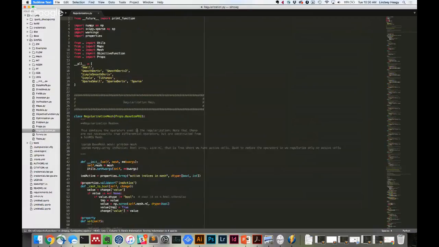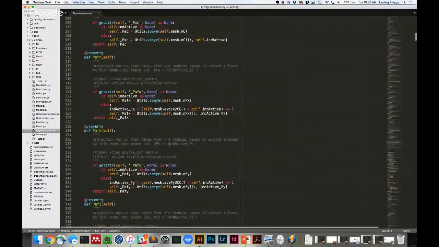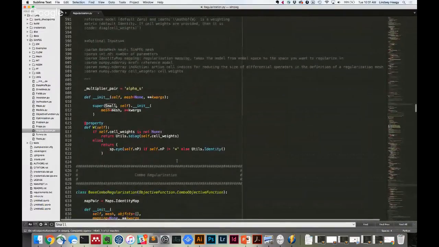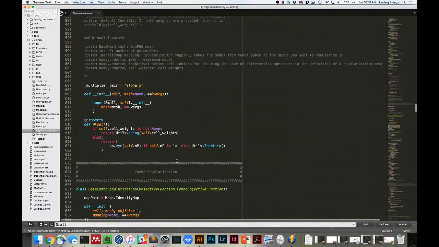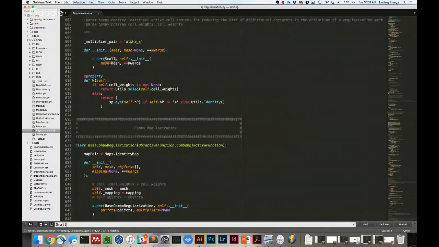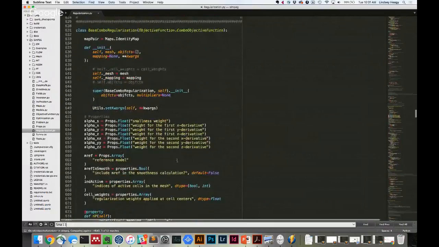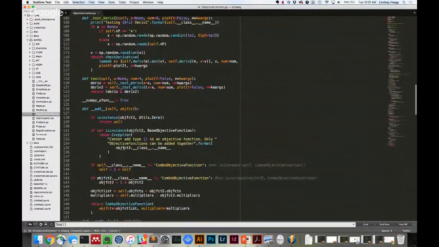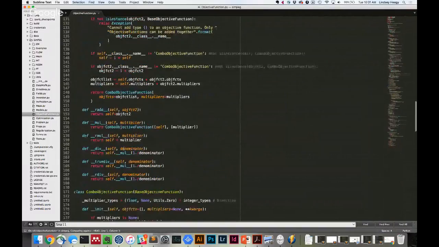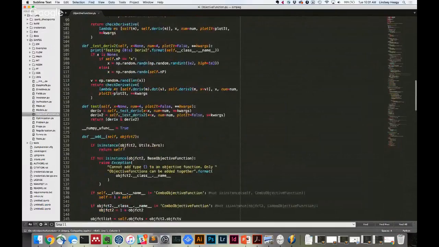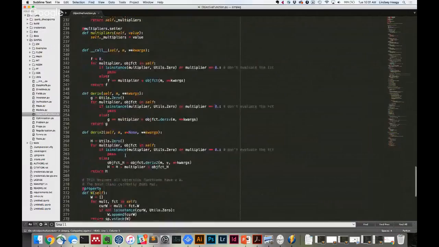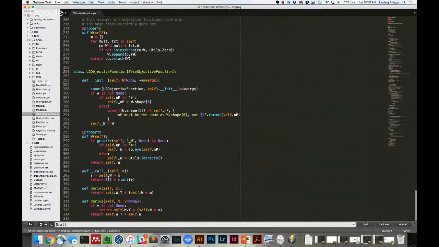So let's see if we can figure out this bug anyways. So if we look, for instance, yeah, I think those kinds of things, well, that one's fine. I think that's a base regularization. But I think what's happening is in the objective function, we have forgotten the mapping. Yeah, so here in this case, in the call, I didn't check if there's a mapping. So if we do,